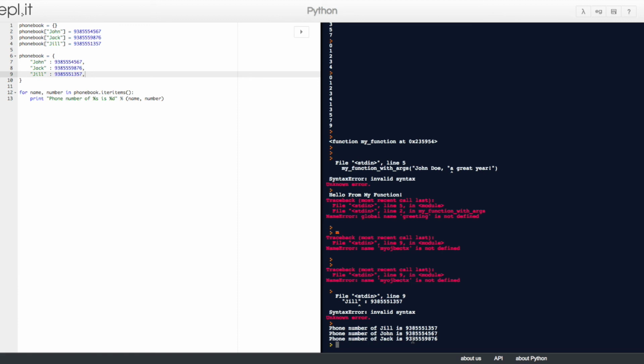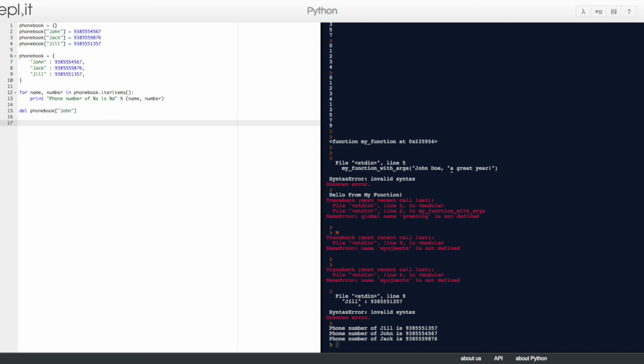Now, to remove a specified index, we use one of the following notations. We could use del, D-E-L, and then phone book, the name of the dictionary, and the particular key that you would like deleted in square brackets, John, close square bracket.